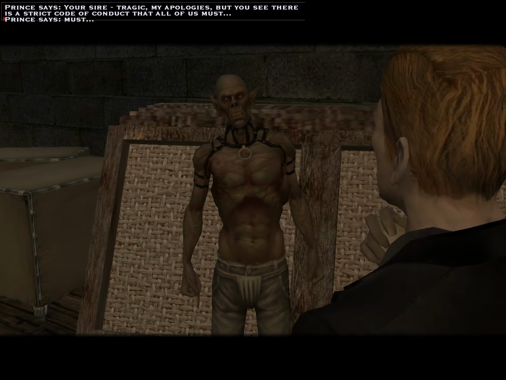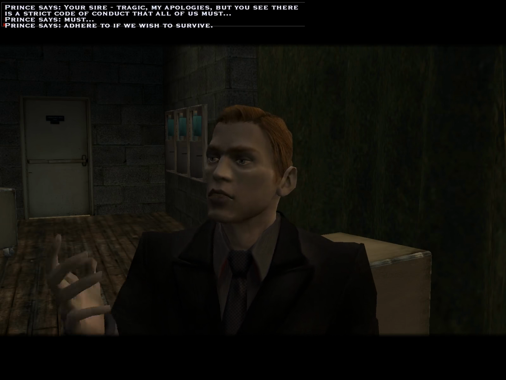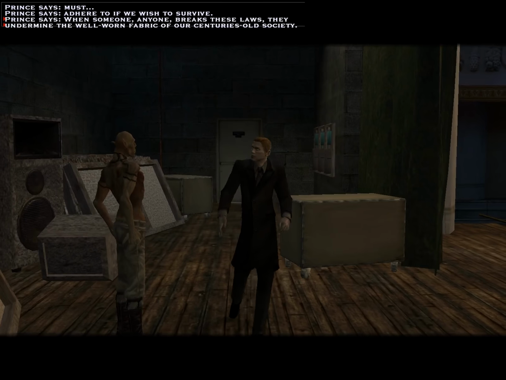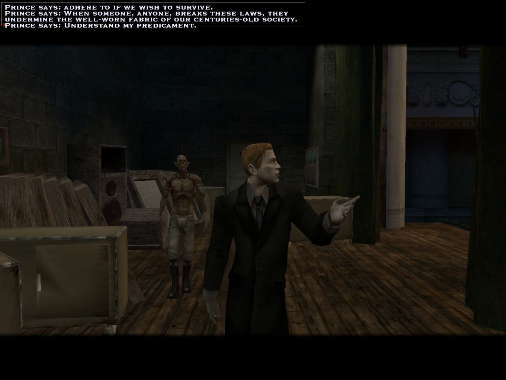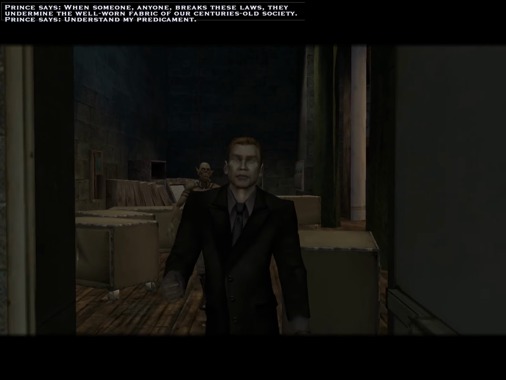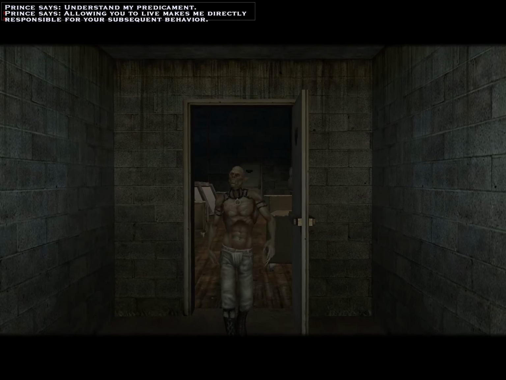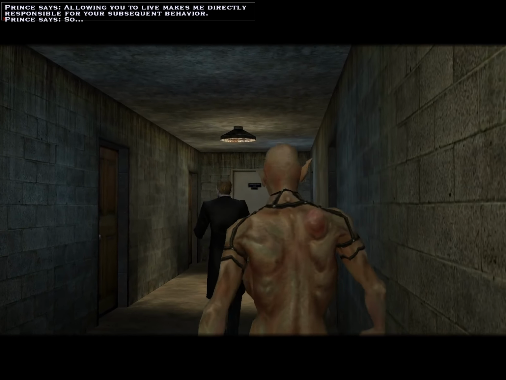Your sire, tragic, my apologies. But you see, there is a strict code of conduct that all of us must adhere to if we wish to survive. When anyone breaks these laws, they undermine the well-worn fabric of our centuries-old society. Understand my predicament. Allowing you to live makes me directly responsible for your subsequent behavior. So, what I'm offering is not generosity, but the opportunity...